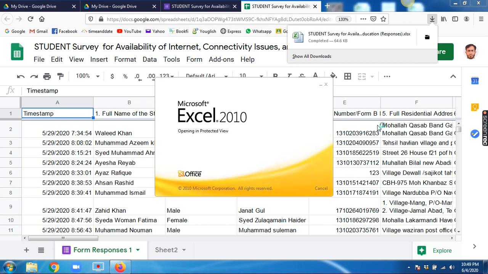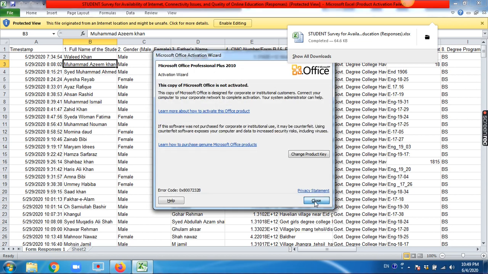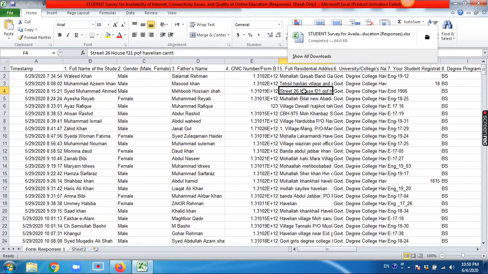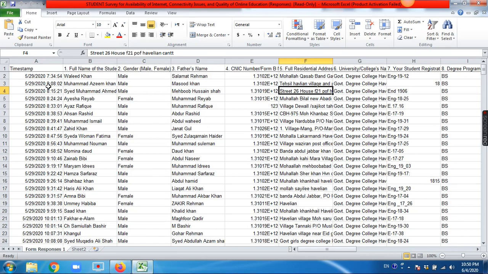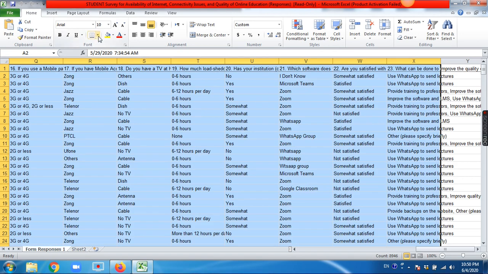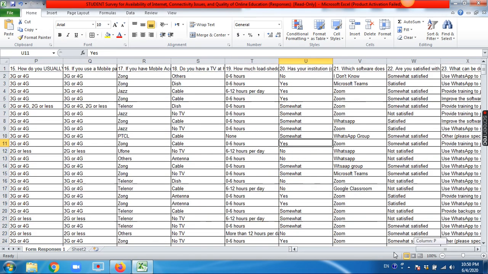If you want students' WhatsApp numbers or email addresses, you have this sheet in front of you, as you can see here. Let me quickly enable editing. So editing has been enabled. Now this is the sheet. We can print it out, like select all and just insert borders, and later on we can adjust it.